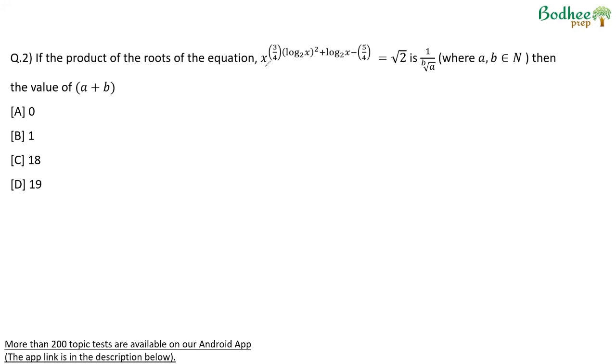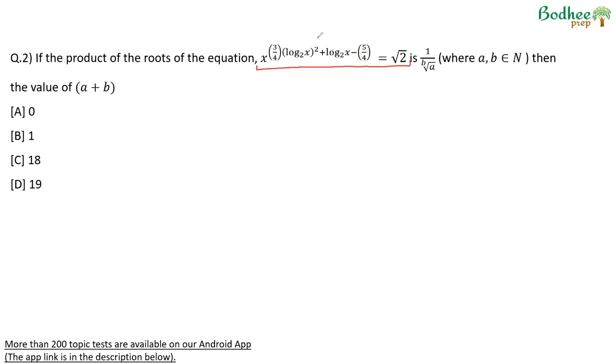If the product of the roots of the equation x raised to power 3 by 4 into log of x to the base 2 square plus log of x to the base 2 minus 5 by 4 is root 2. The product of roots of this equation is 1 upon bth root of a, where a and b are natural numbers and the value of a plus b is to be found out. So what we do is we take the